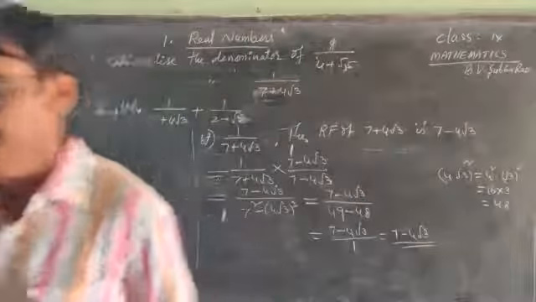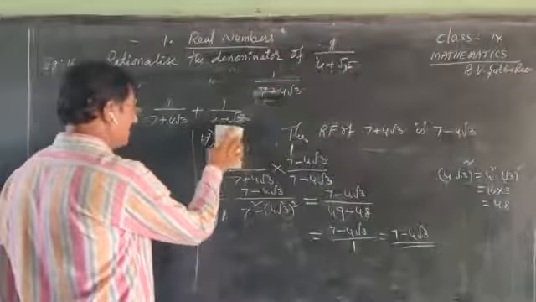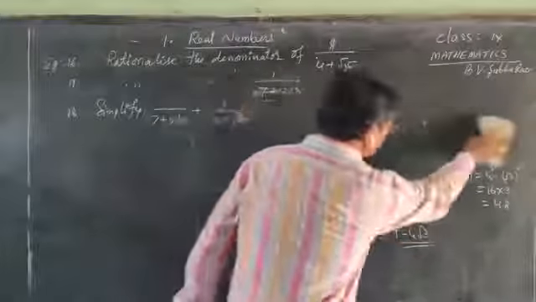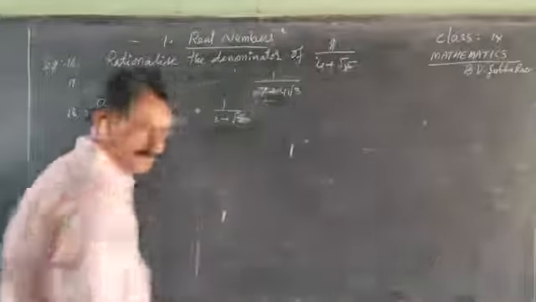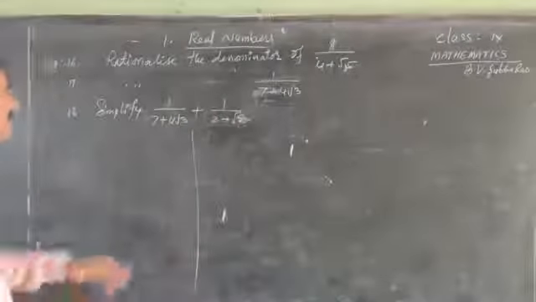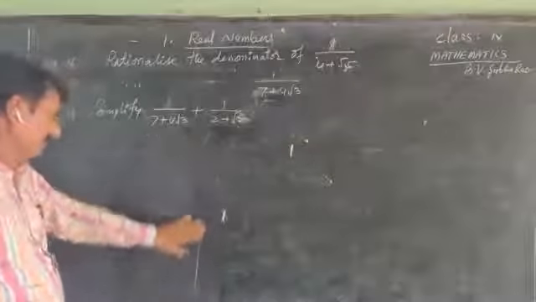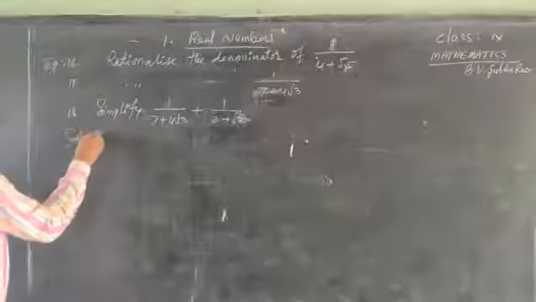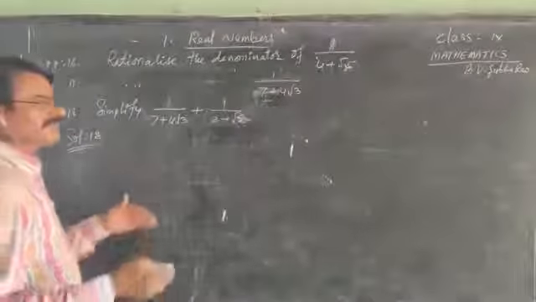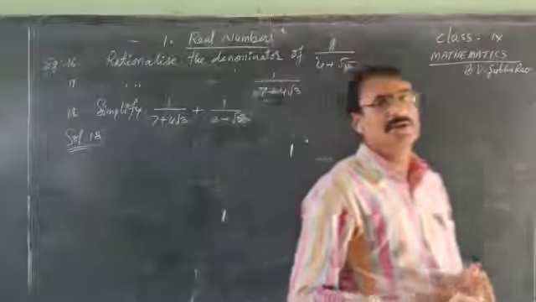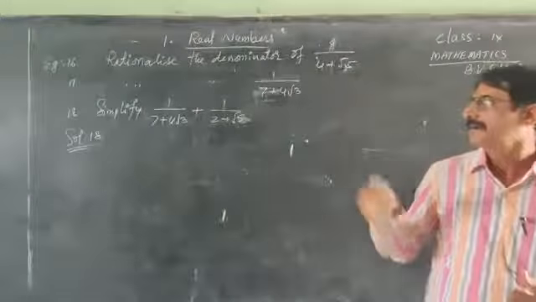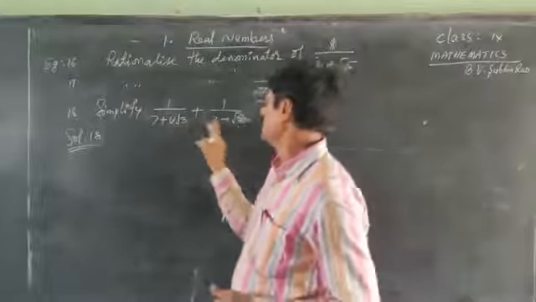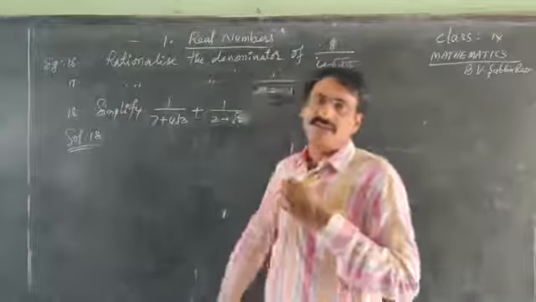Yes, I am going to erase this one. See the next example, observe it. Here two fractions are given with the addition symbol. Now you observe this one. Solution of 18. We are going to do both fractions separately. We must rationalize both denominators with their RF respectively.